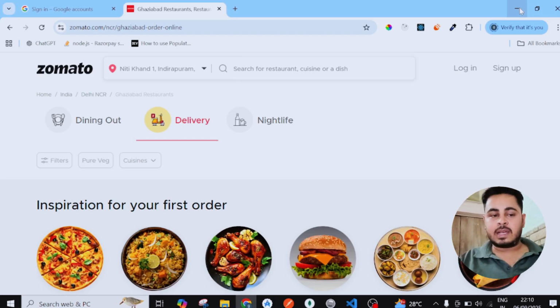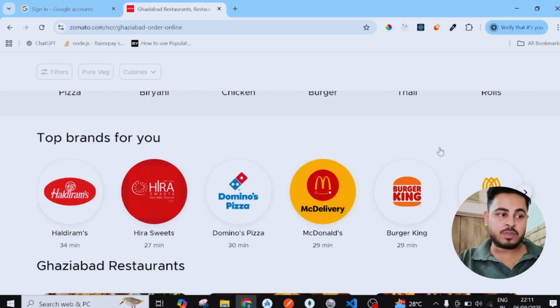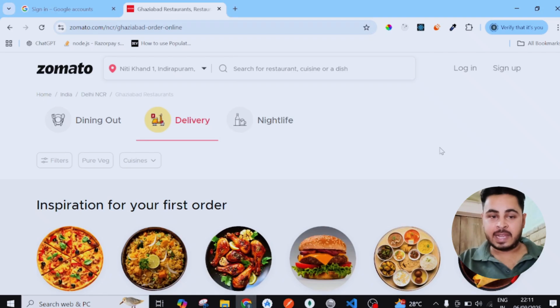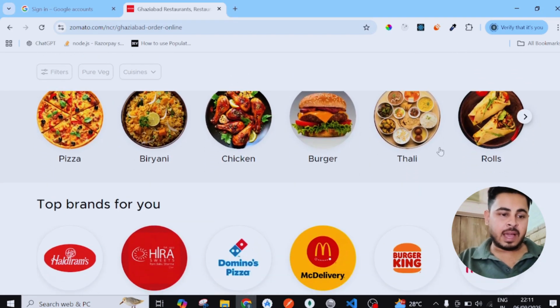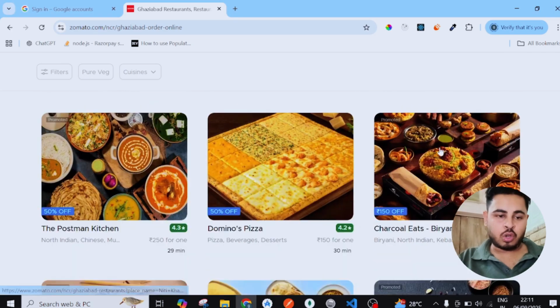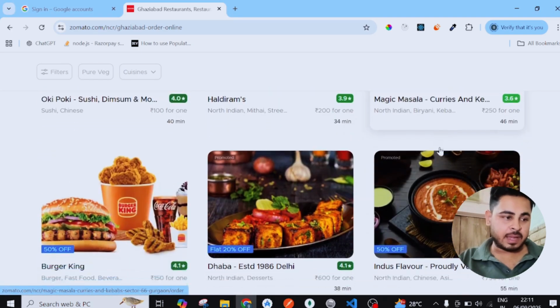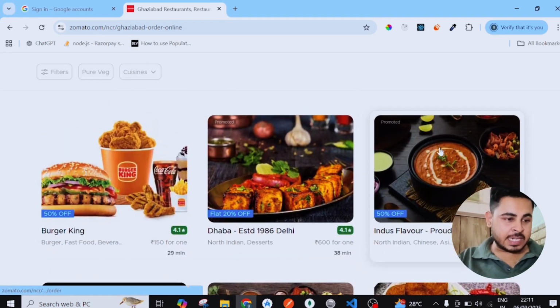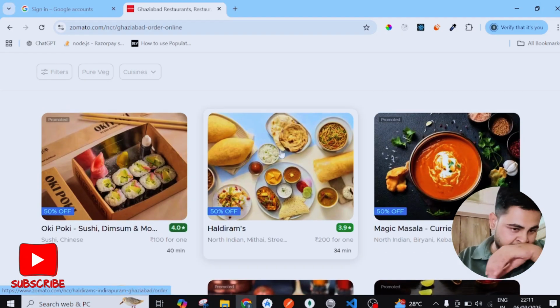Here in front of me I have opened a website, Zomato, which is a food ordering website in India. When we open the link, we come across a lot of data. The cards show different foods in different categories from different restaurants.